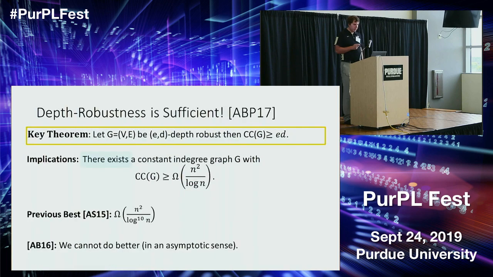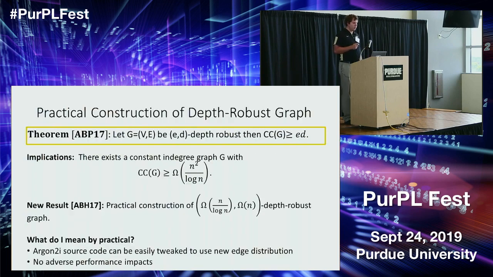Now, something I want to highlight here, moving to some of the open questions: I said there exists. You might be wondering, well, there exists doesn't do any good. I actually need one of these graphs to build a memory hard function. We actually can construct practical depth robust graphs. I can give you a randomized sampling algorithm: if you draw a graph from this distribution, with high probability it's depth robust.